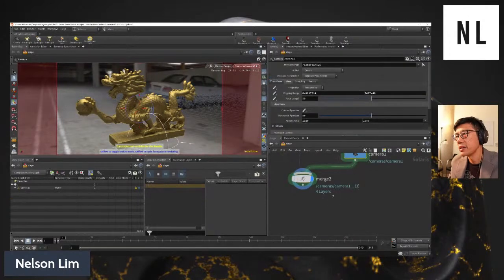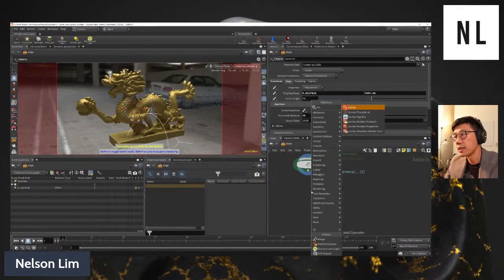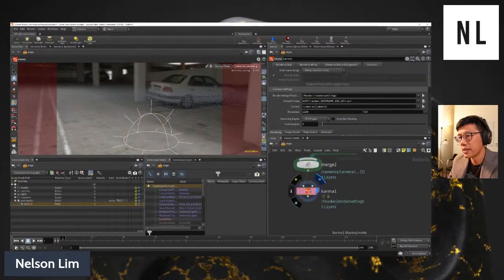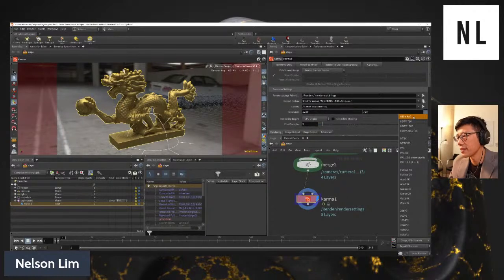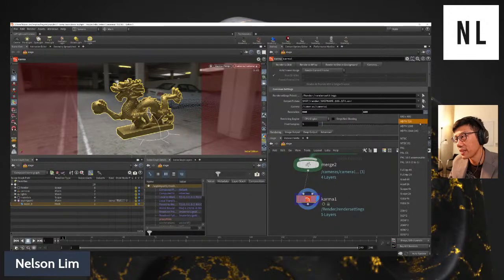You can also put a Karma node right at the end. This is probably the easiest way to get to most of the Karma settings, and it's available here. So if you did not want such a high res, if you wanted something even lower res than that, you can go 640 by 480, and the render gets much faster to resolve, 5 seconds compared to